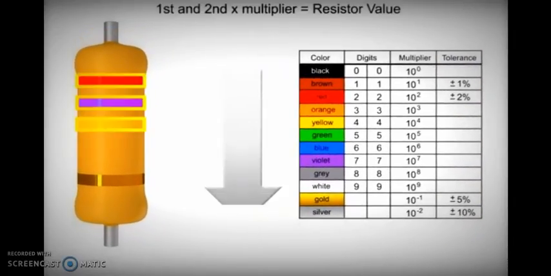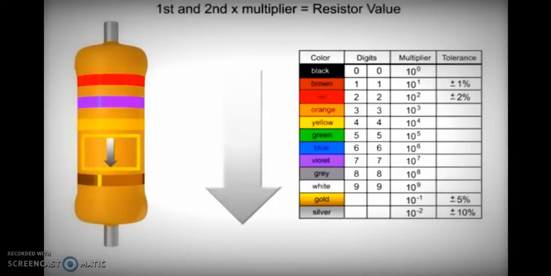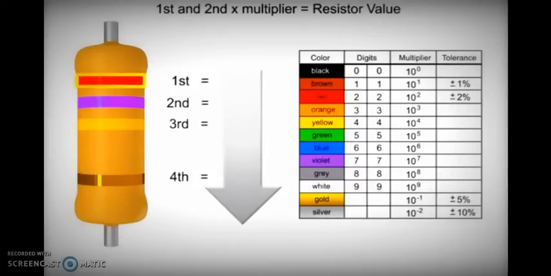You read the resistor bands beginning from one end, where the tolerance band will be separated from the other bands by a larger distance. So from the other end you start, and in this case the first band is red, so the value assigned to it is 2. The second band is violet, so the value assigned to it is 7. And the 3rd band is yellow, which is the multiplier in this case, so we will be multiplying by 10 power 4.